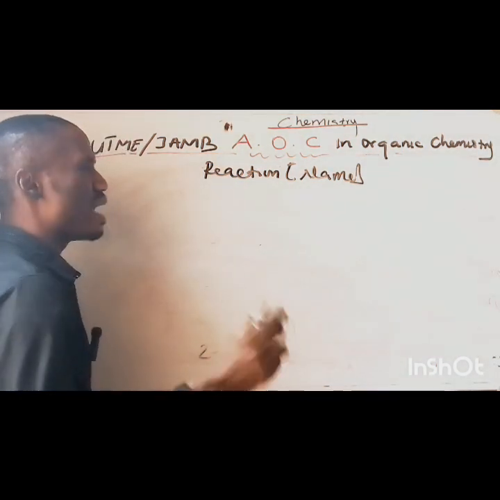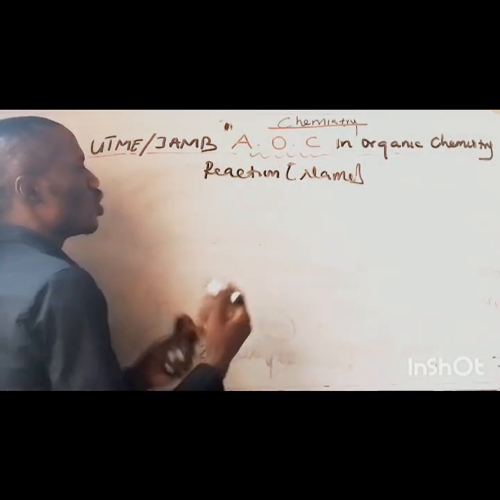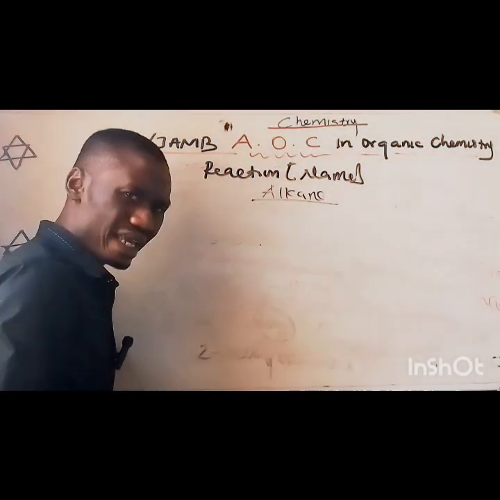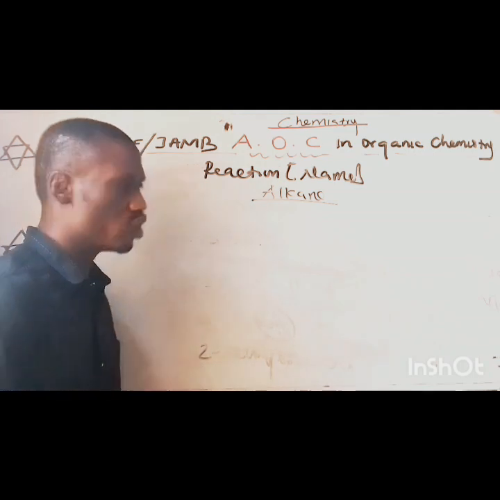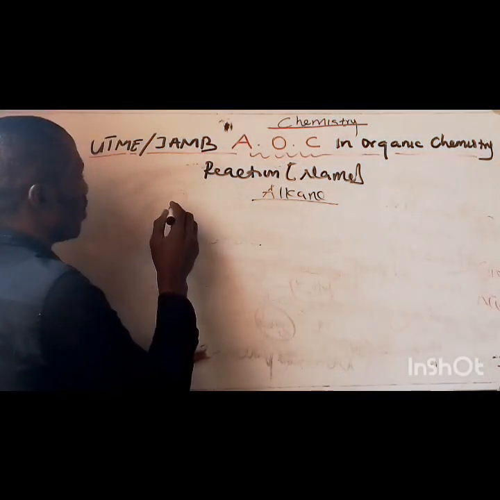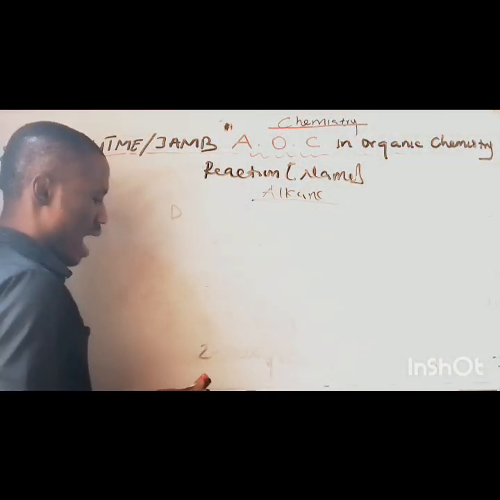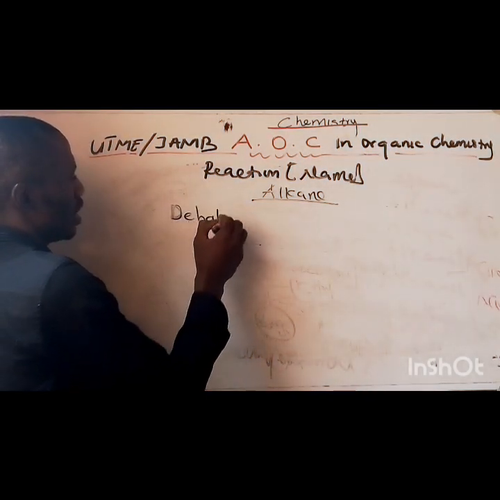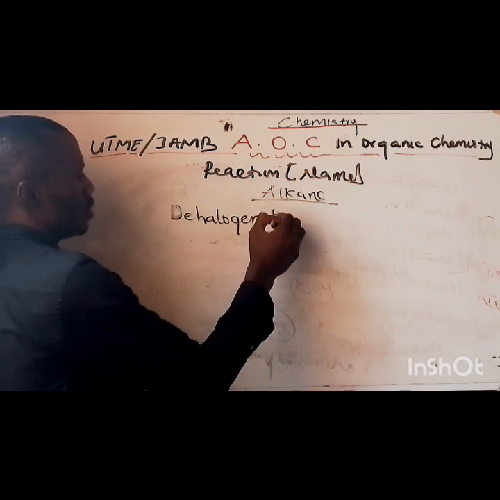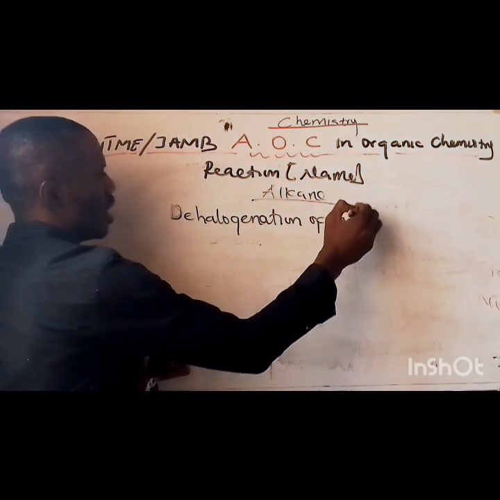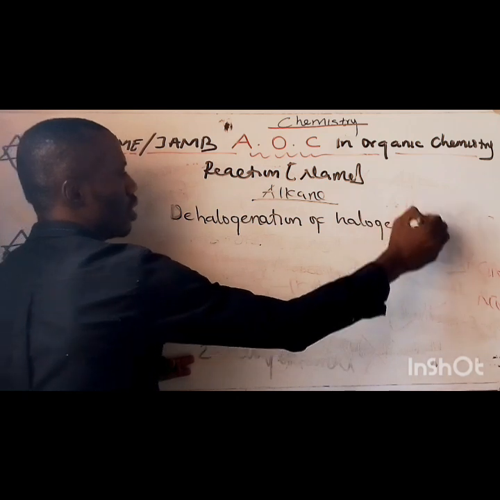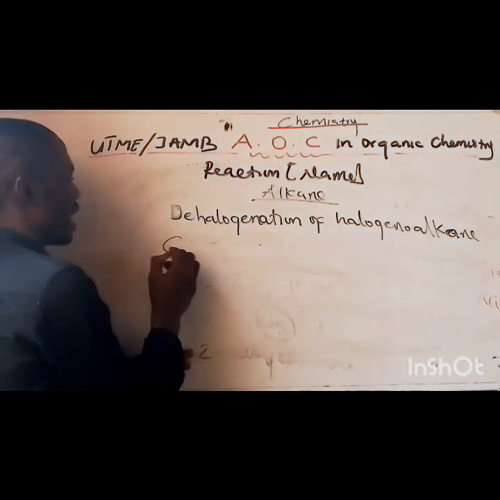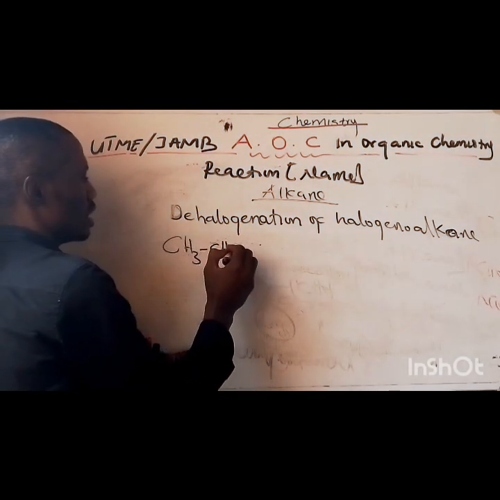Now I want to pick up just the family of alkanes and notice the reactions that occur in this family of alkanes. Now to produce an alkane, just watch. To produce an alkane, follow me. To produce an alkane, we can use dehalogenation of a halogenoalkane. Okay? Now an example of a halogenoalkane is CH3, CH2,